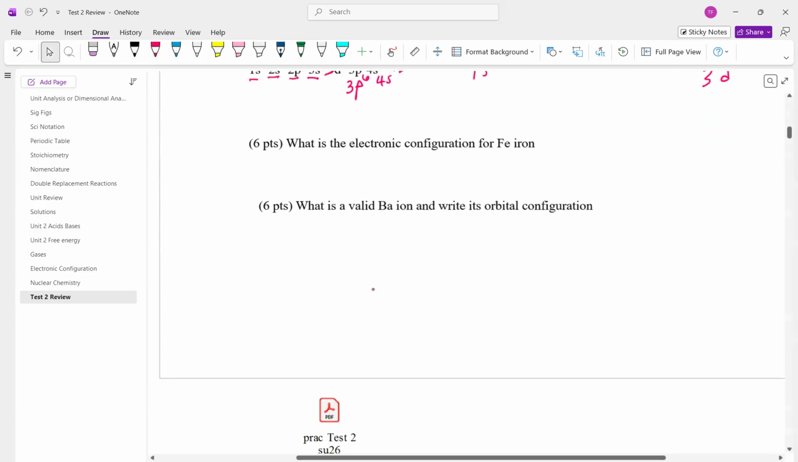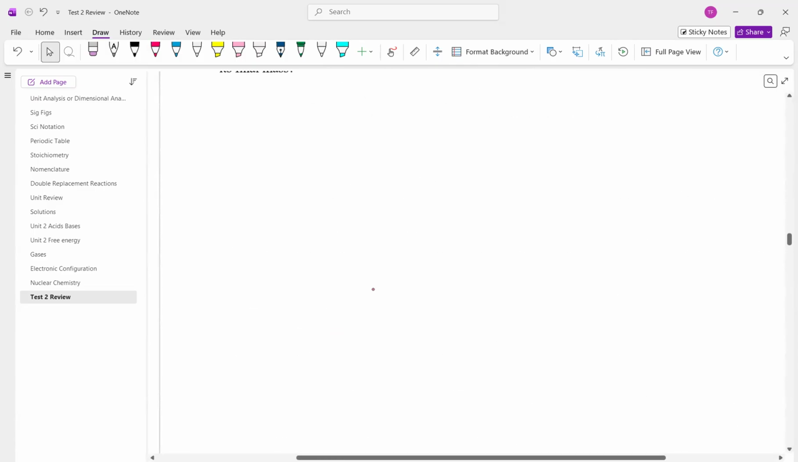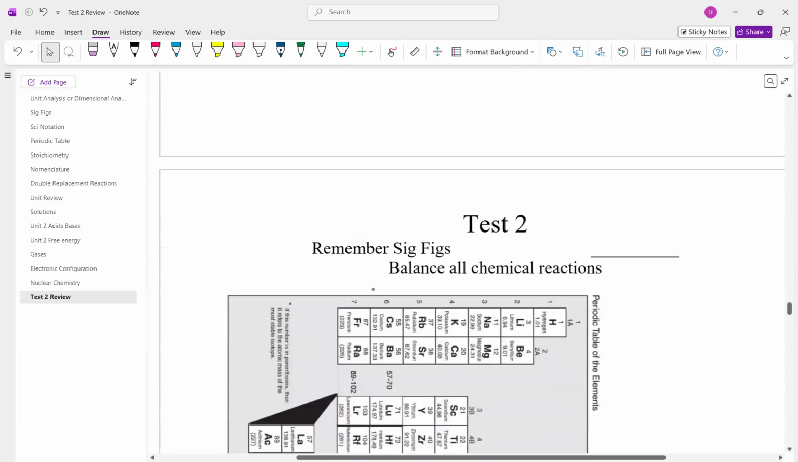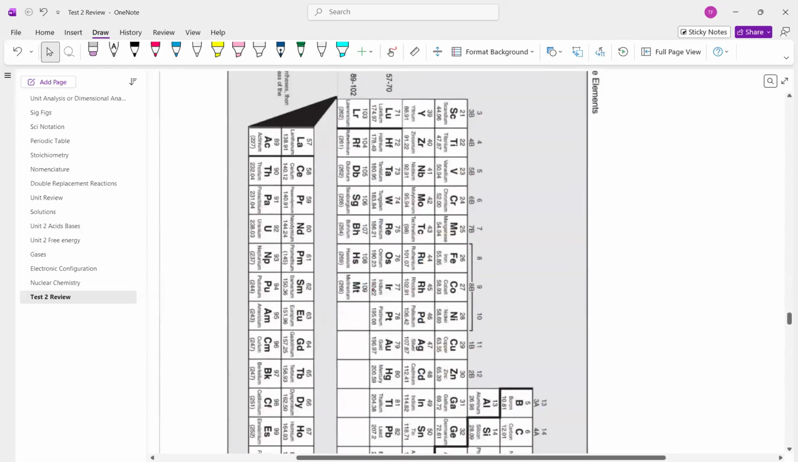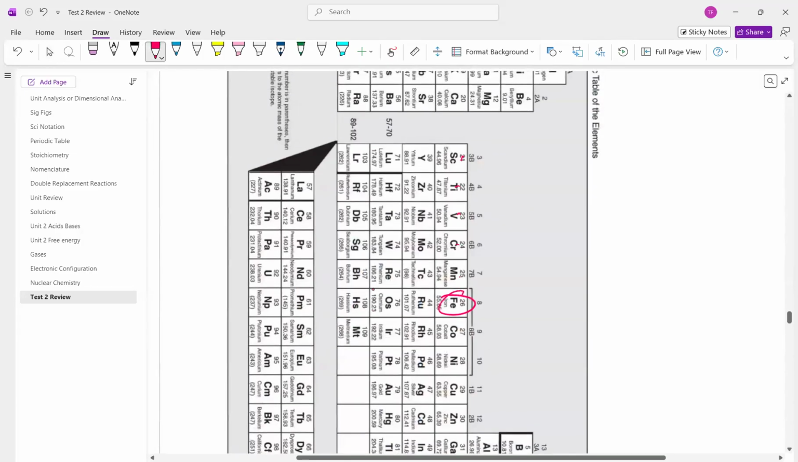All right, what's the electronic configuration for iron? Now I included a periodic table for you. So you need to figure out where iron is located on the periodic table. Okay, so here's iron right here. And it is 1, 2, 3, 4, 5, 6 in the 3d electrons. So that's going to be